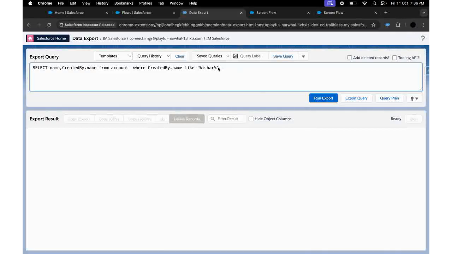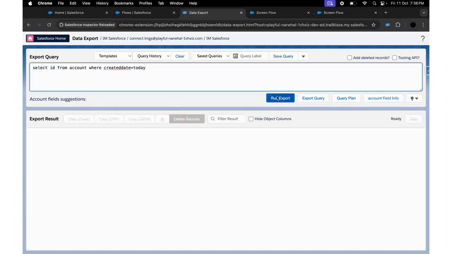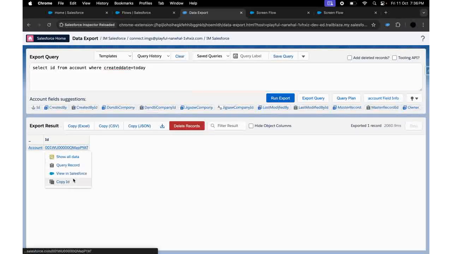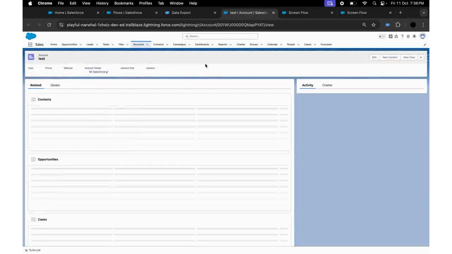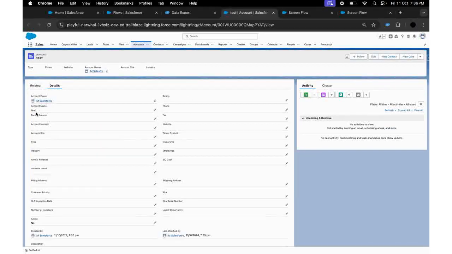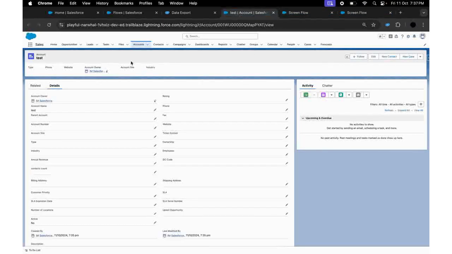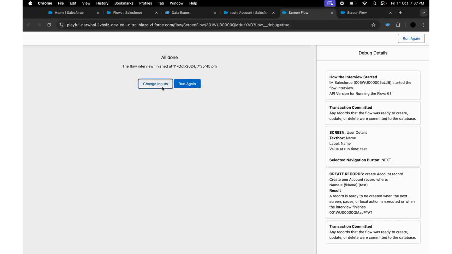So now, if you see, there is one record created, and if you go to this particular record, and see the name of this particular record is test. Okay, so this is how you can give an input, and then you can use different elements in it to create that record. Okay, so now if I want to change the inputs,